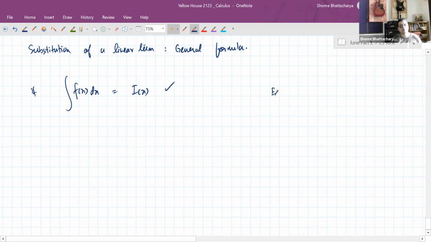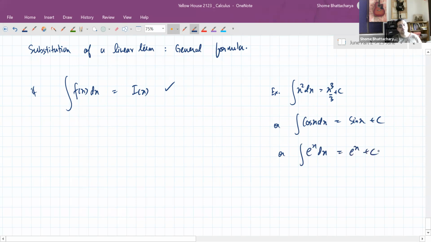So for example, we know that the antiderivative of x squared is x cubed by 3. Or we know that the antiderivative of cos x is sin x plus c. Or we know that the antiderivative of e raised to the power x, for example, is e raised to the power x plus c. Okay. Then